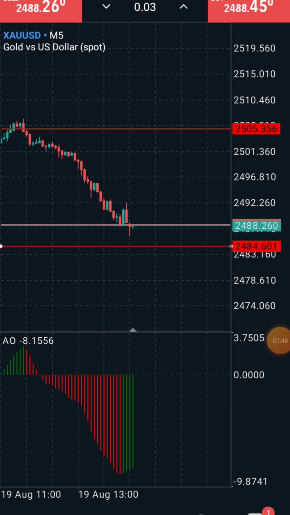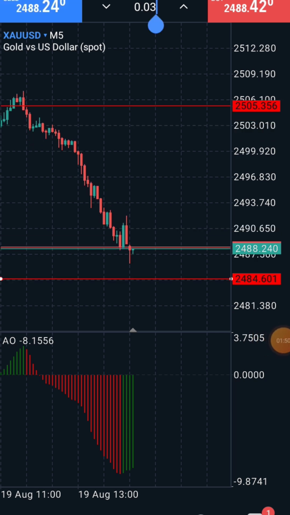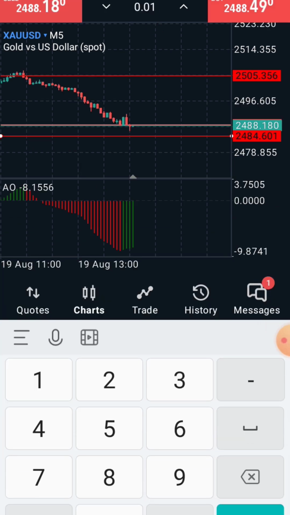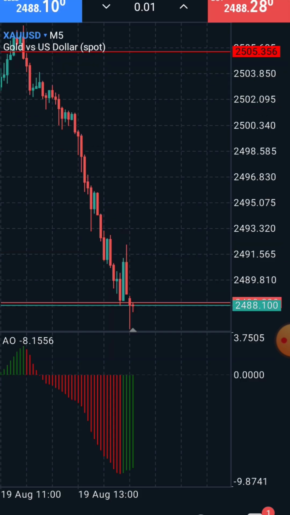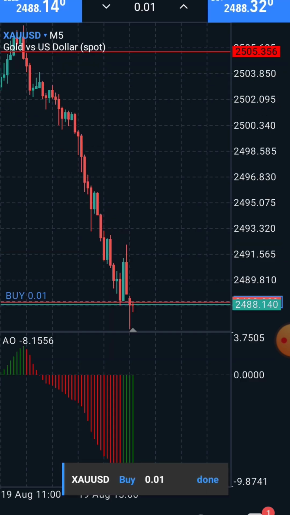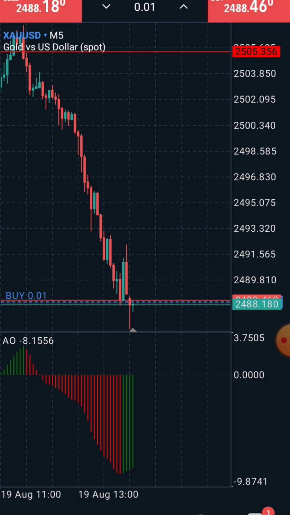Let's take a trade. I will place a buy position here. So I have placed a buy position.